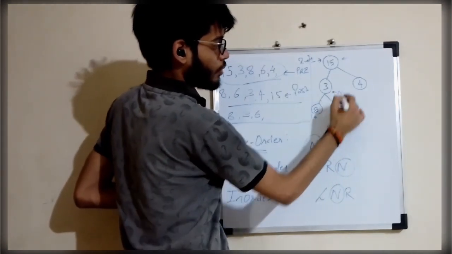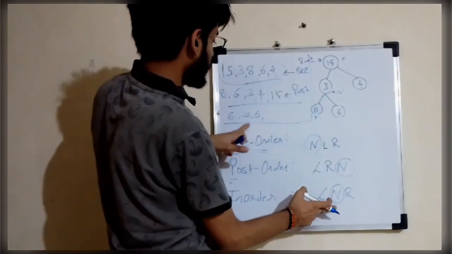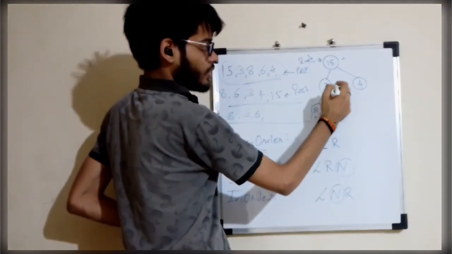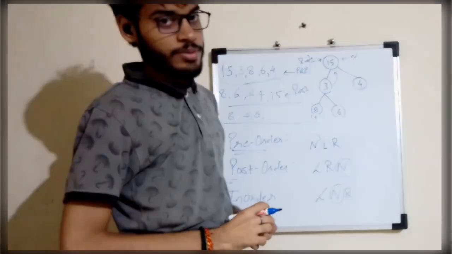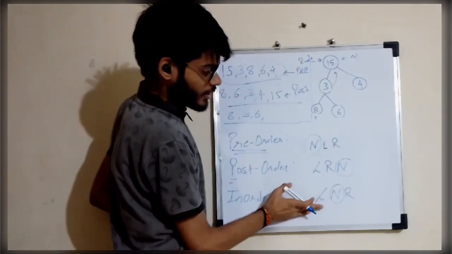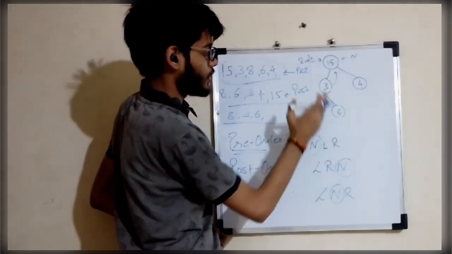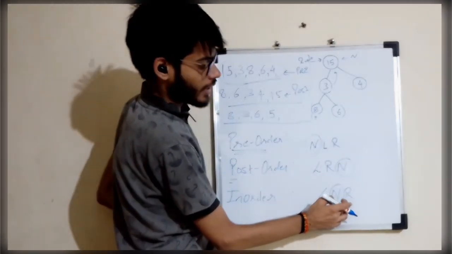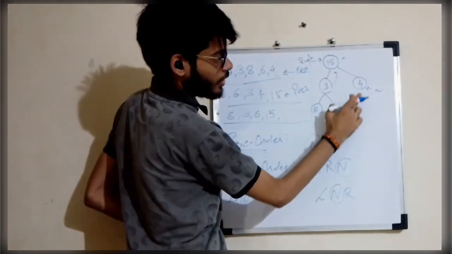Now our 3 is our node. So for 3, you can have a look. We have visited the left side, we have printed the node 3 over here, and we have also visited the right side 6. Now after this we will return to 15. Now 15 becomes the node again. For 15, we have visited the left side, and now we have to print the node of this. So we will print 15. After printing the 15, we have to visit the right side. Coming to the right side of this, now this becomes a node.